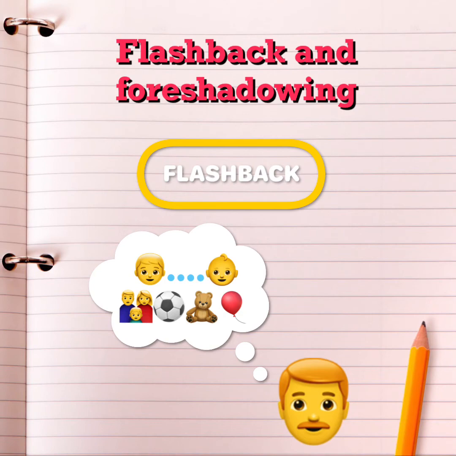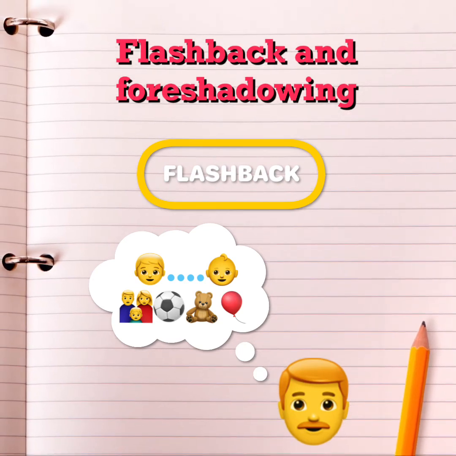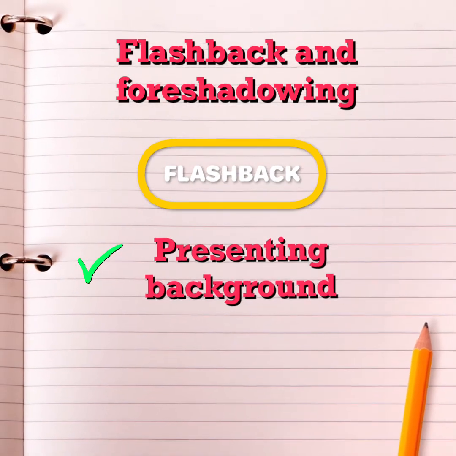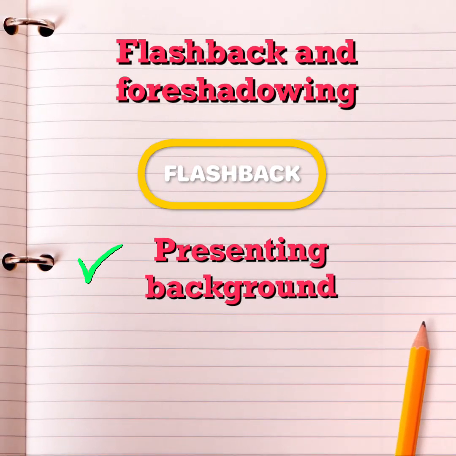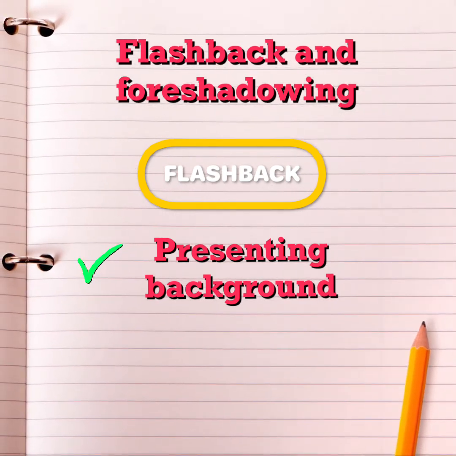For example, the adult narrator looks back at events that occurred when he was 12 years old and then moves further back in time to consider related events that occurred when he was 5. Flashbacks are valuable because they can substitute for or supplement formal exposition by presenting background vital to the reader's understanding of a story's events.